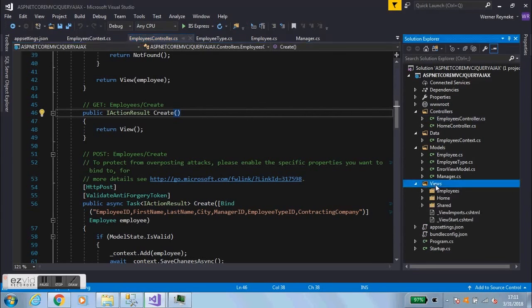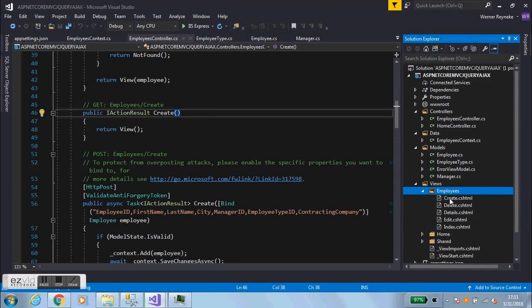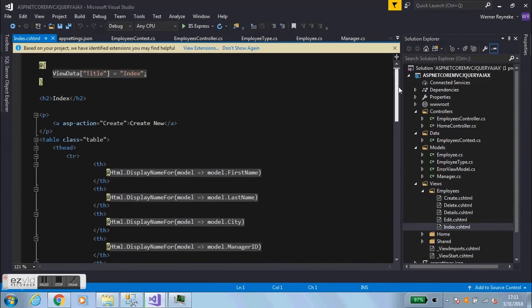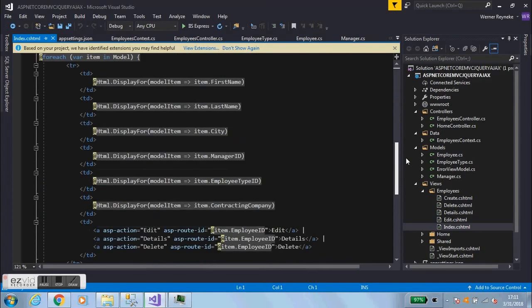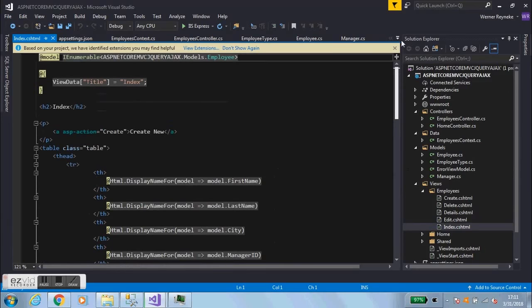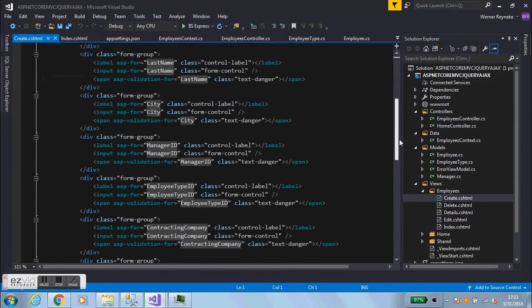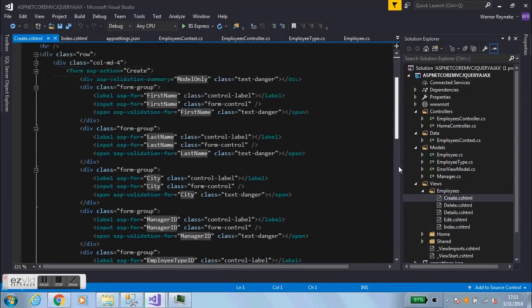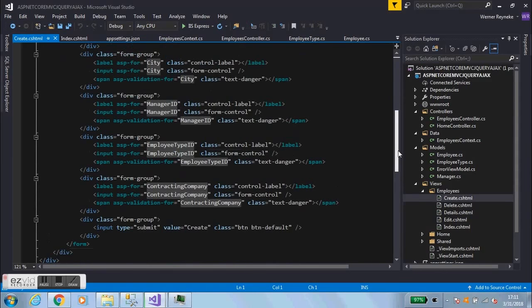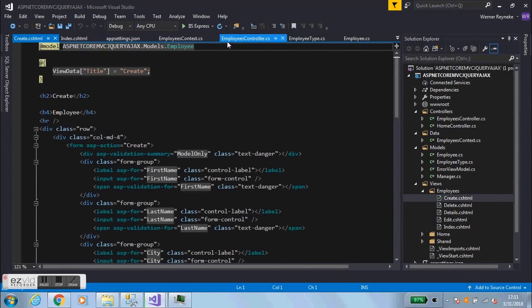Okay, now this refers to our create view. You'll see that the scaffold has created automatically a few views for us here. It added an employees folder, has a create, delete, details, edit, and index. Okay, index is of course where it shows you all of the data in our table. It's all auto-generated, so you don't have to change anything there. But we're going to alter the create view here,